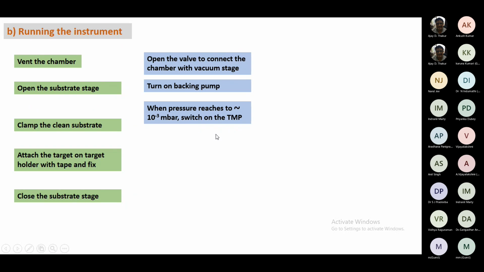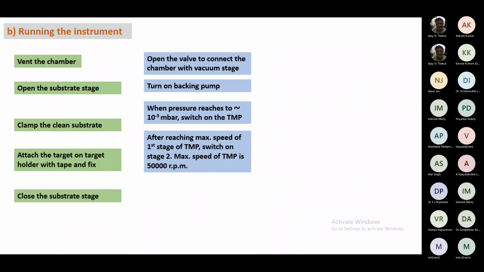As it is a stage 2 double stage turbomolecular pump, at first it will attend to its stage 1. After attending to its stage 1, then we'll turn on the stage 2. After reaching the max speed of the first stage of this TMP, we'll switch on the stage 2. The max speed of the turbomolecular pump is 50,000 RPM,